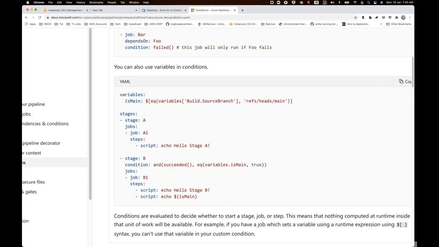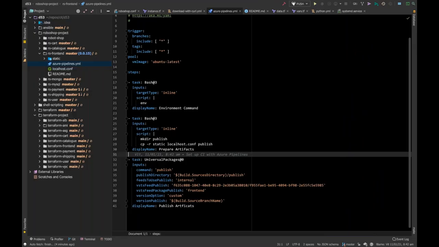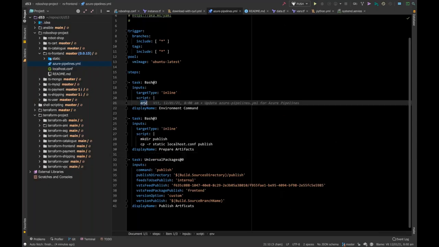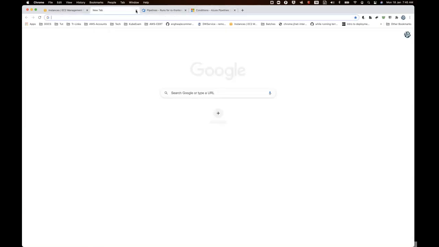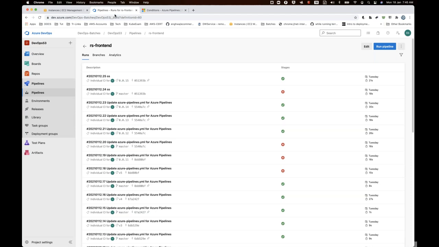Okay, so now we were also troubleshooting. We were putting the env command inside the pipelines, and we were troubleshooting things. So what things were we troubleshooting? Let's go and see this.